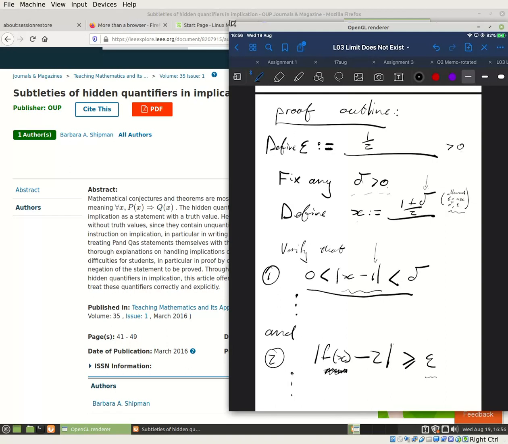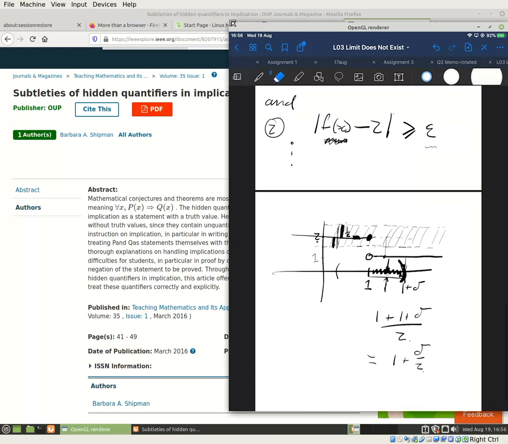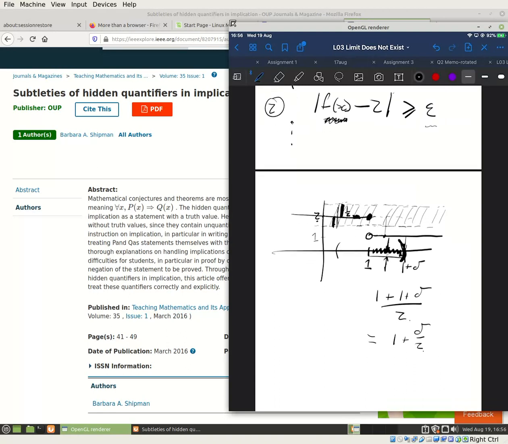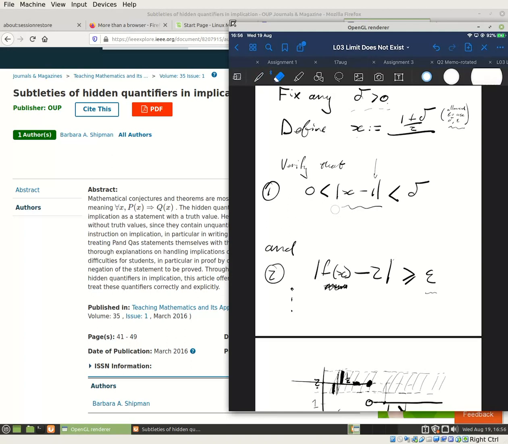What are we allowed to use to define x? We're allowed to use any of our previously defined symbols, but we're only using our delta. Good. And now let us verify that this actually holds. So let's do that. Let's write it this way, x